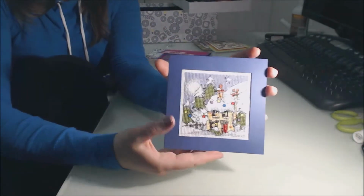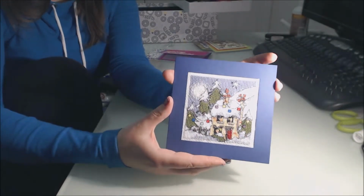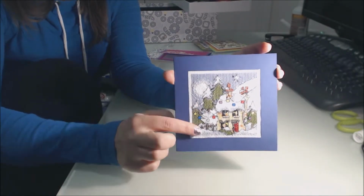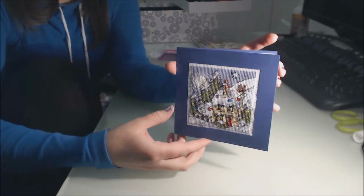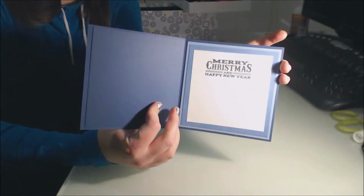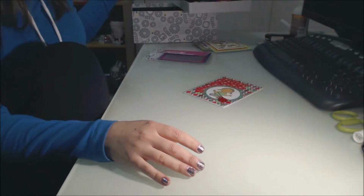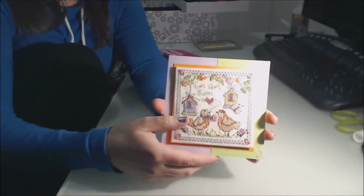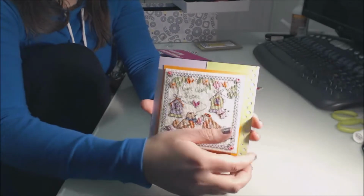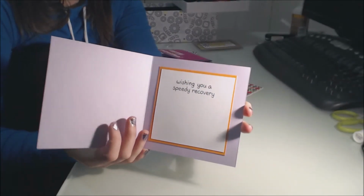This is a cross stitch that I did a while ago that I really love. It was really fun to do. It's a really pretty picture. I didn't want to take away from that, so I just kept it really clean and added a simple sentiment. Here is a Get Well Soon card that I also cross-stitched and put together during Cardmageddon, and wishing you a speedy